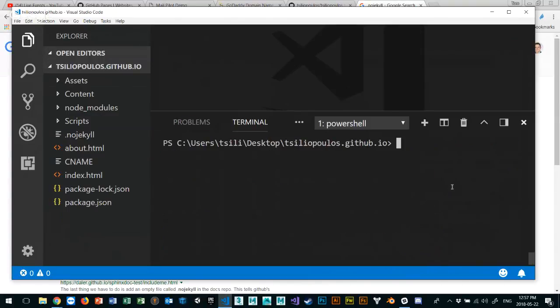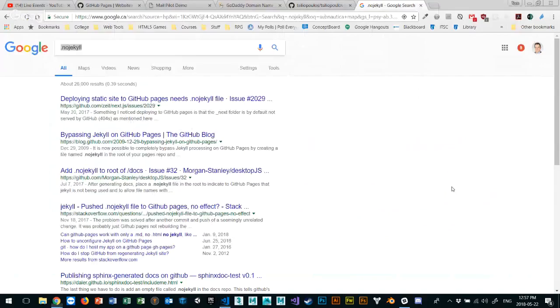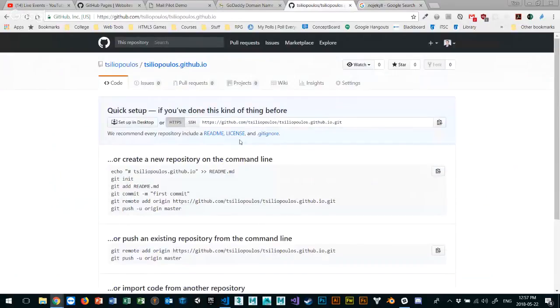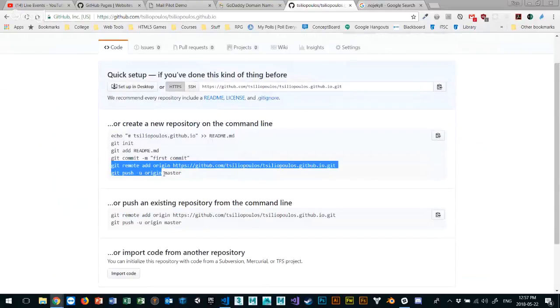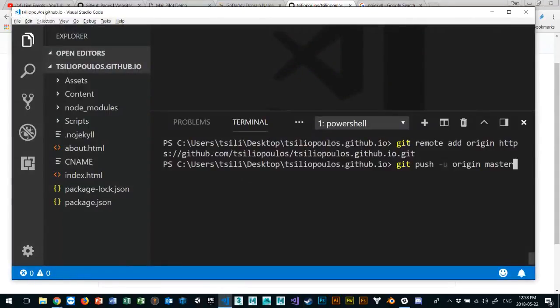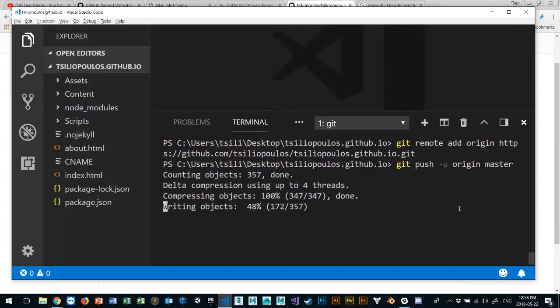Good. And then now we need to add those last two lines, which is I need some kind of remote to connect to my remote, and I need to push to my remote, right? Well, you can get that off your GitHub pages. So if you look at your GitHub account, the last two lines are the lines you need. I don't have to type it by hand. So I'm going to copy this, go back to my command prompt, right-click and paste, and press Enter, and that should upload everything to my new